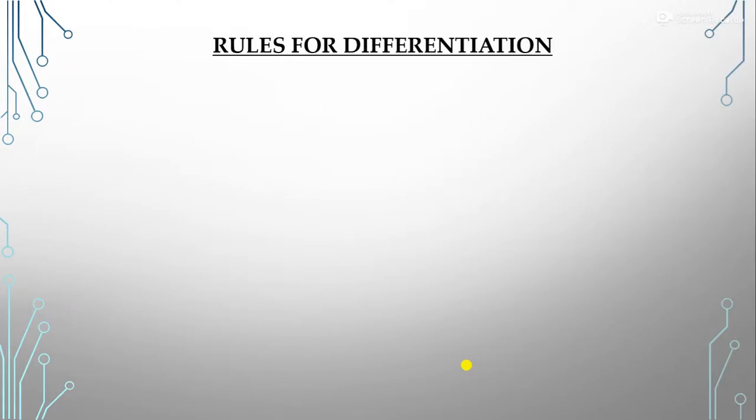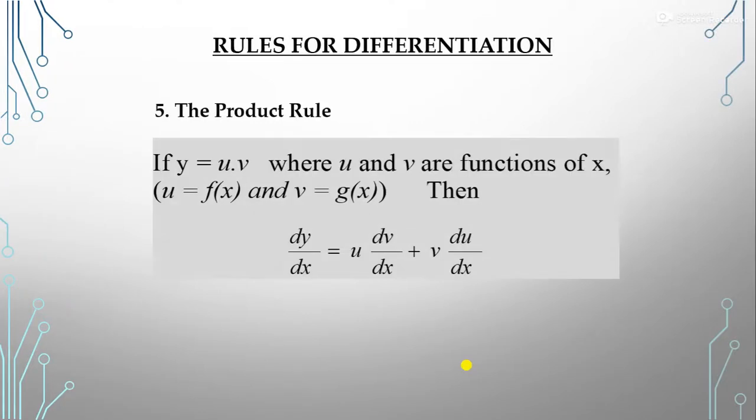So our first method is here. The next is the product rule. Where we use the product rule, suppose our function y is a function of u and v, where u and v are two functions and both are functions of x. Suppose u is any function of x, and v is any other function of x. So how can we differentiate this function? With respect to x, dy by dx is equal to u dv by dx plus v